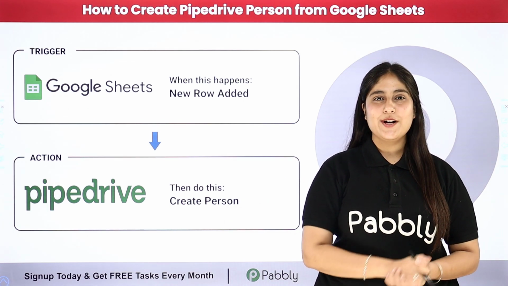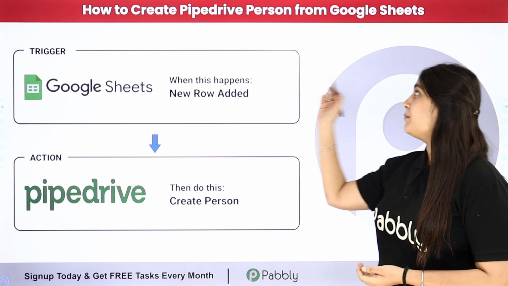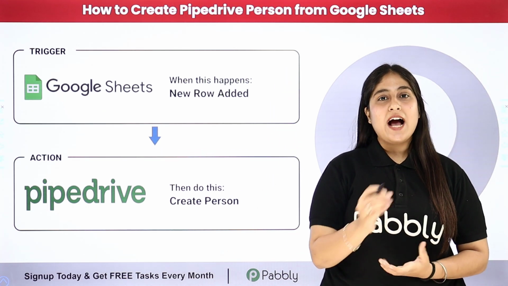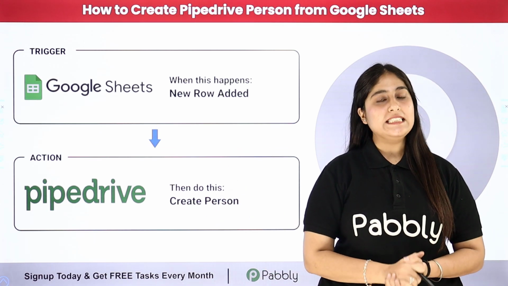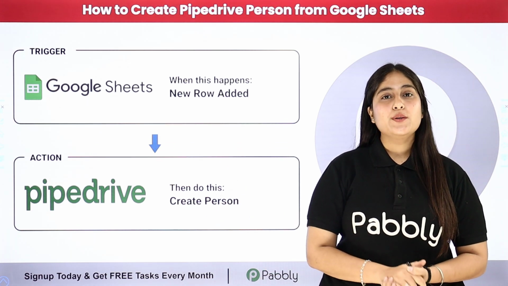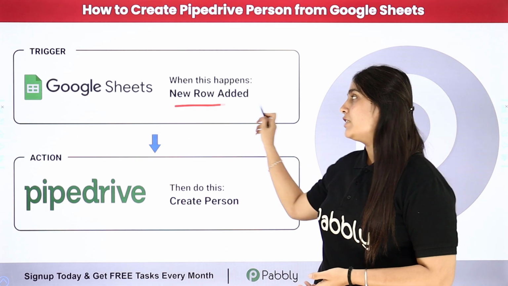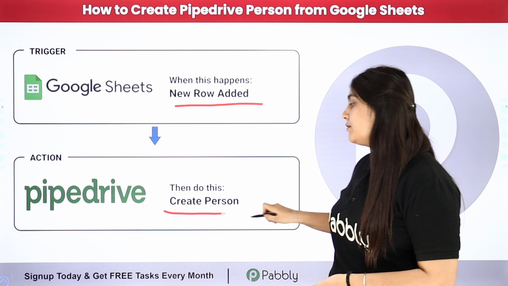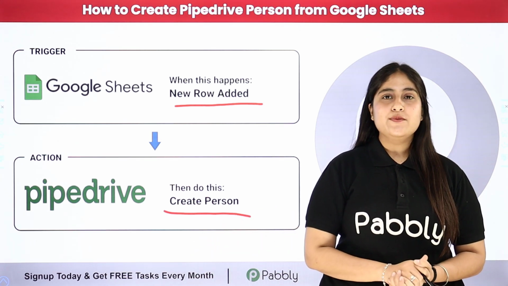So in this video, we are going to learn how to create a Pipedrive person from Google Sheets. I'm a part of a sales team and I use Google Sheets to manage my lead details. In this case, whenever I add a new detail in my Google Sheets row, I want a new person to be created automatically in my Pipedrive account using that detail, so that I can follow up with that